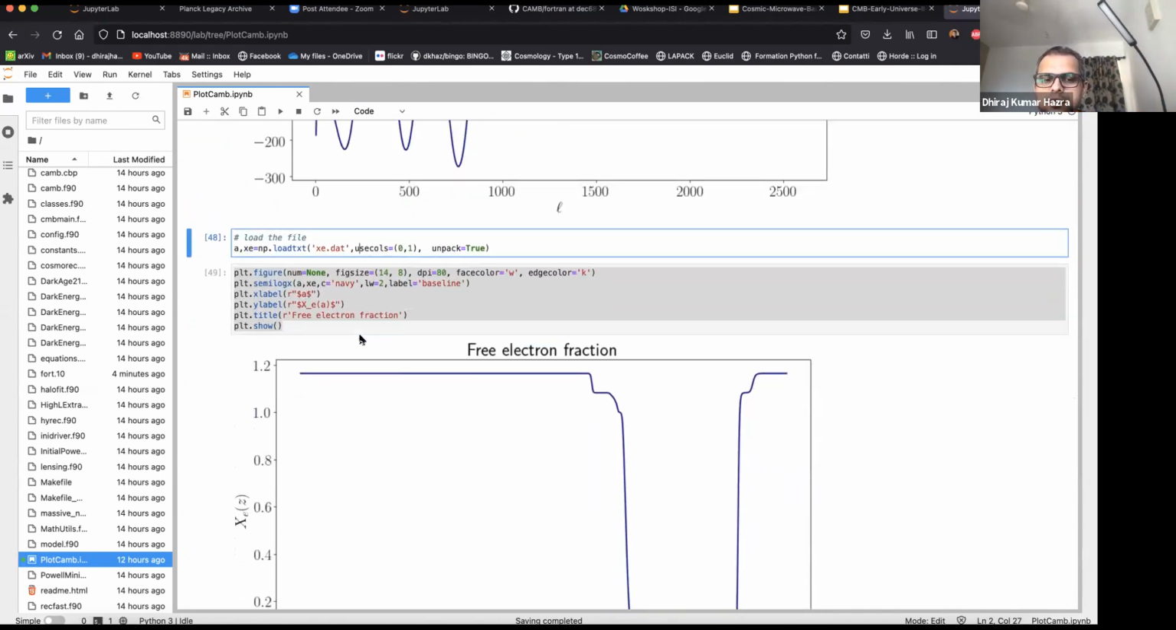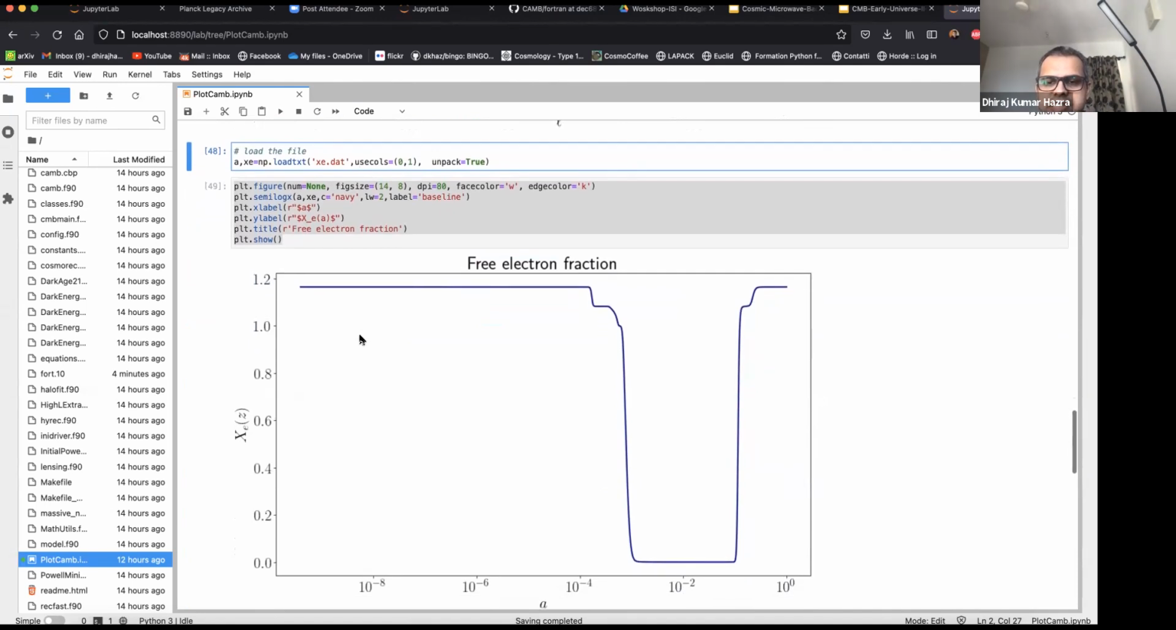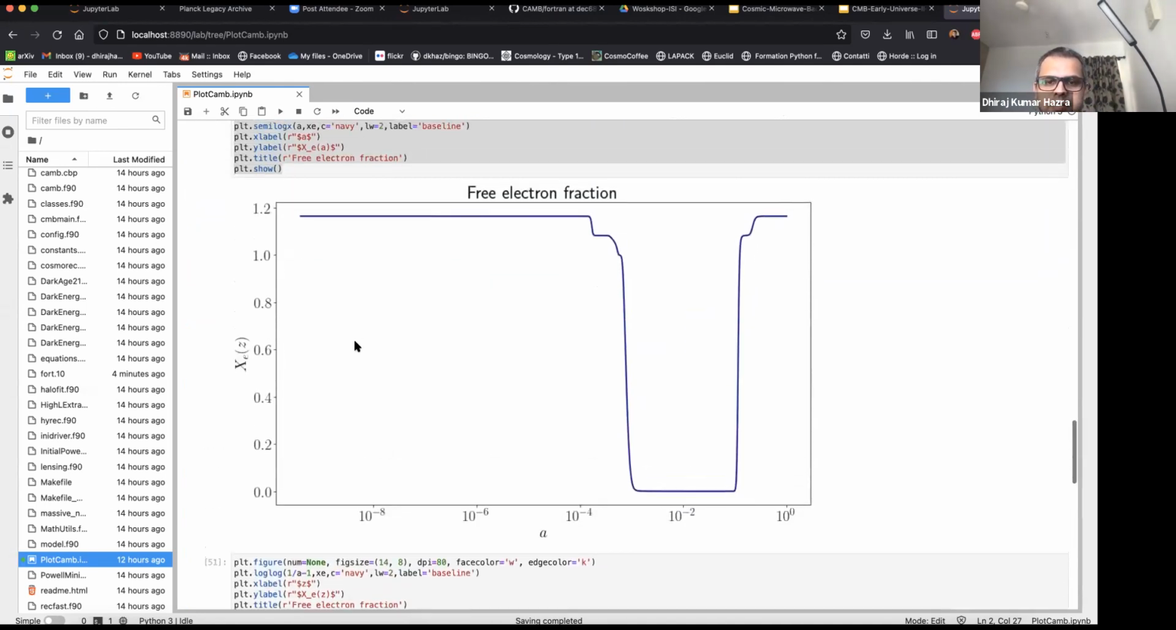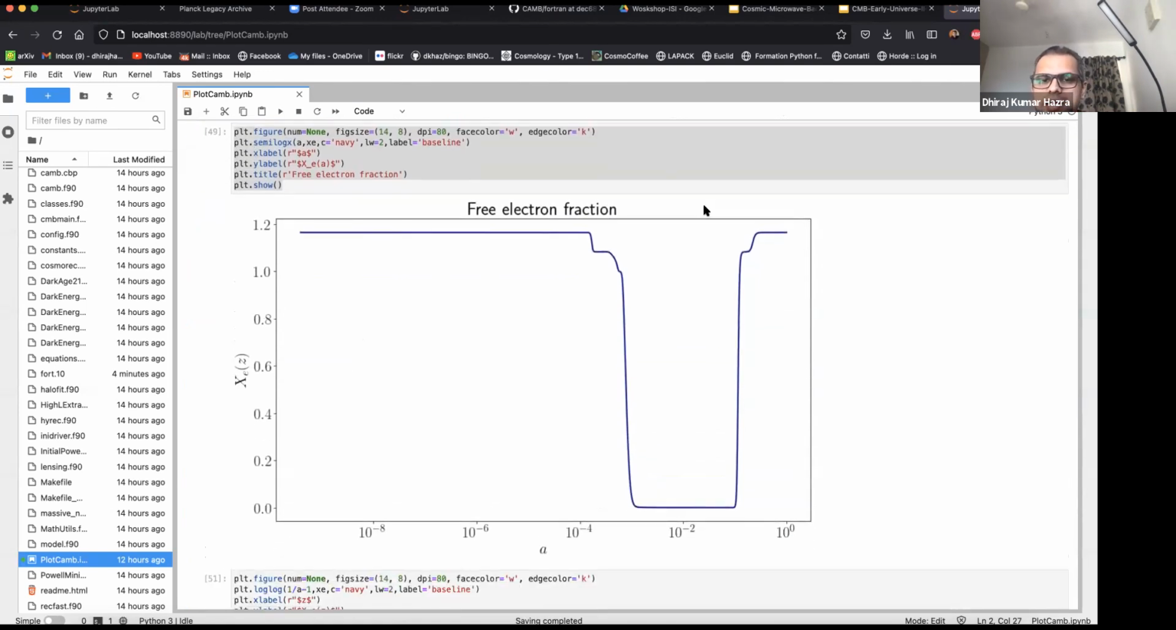Yesterday, I promised that I am going to show you how the electron fraction changes from the very early universe to the recombination epoch, and from the recombination epoch till today. So these are the, if you remember,